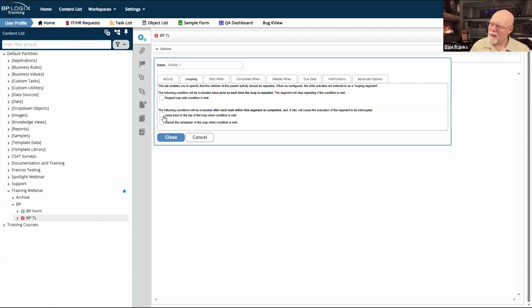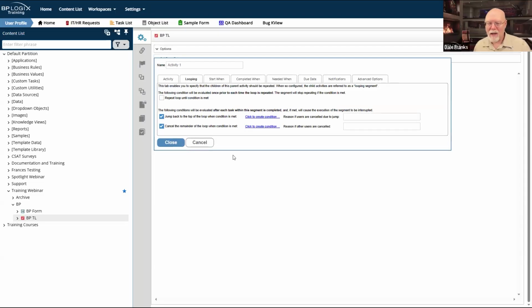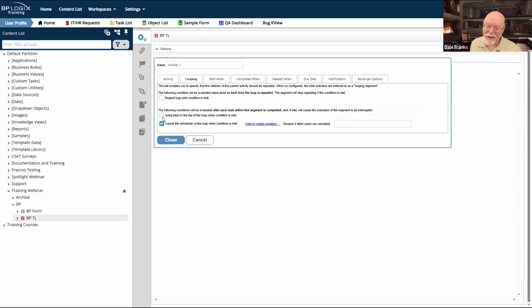I don't remember exactly what it was, because it's been so long since I've had to use a branch activity to try to control a loop, because looping exists and it's super easy. I really only have to set two properties in most cases. And in a lot of cases, I only need to set one property, which is when do I want to get out of this loop? And it's if somebody says deny.